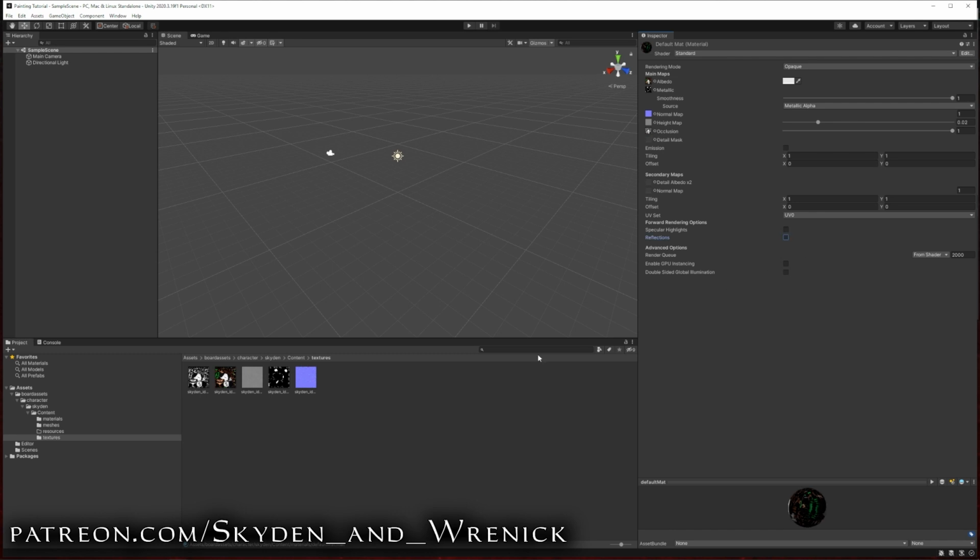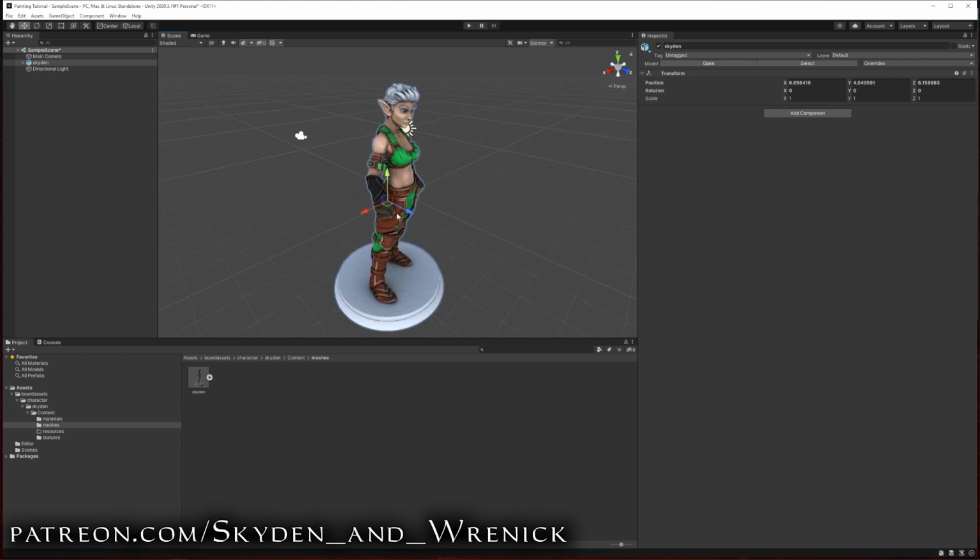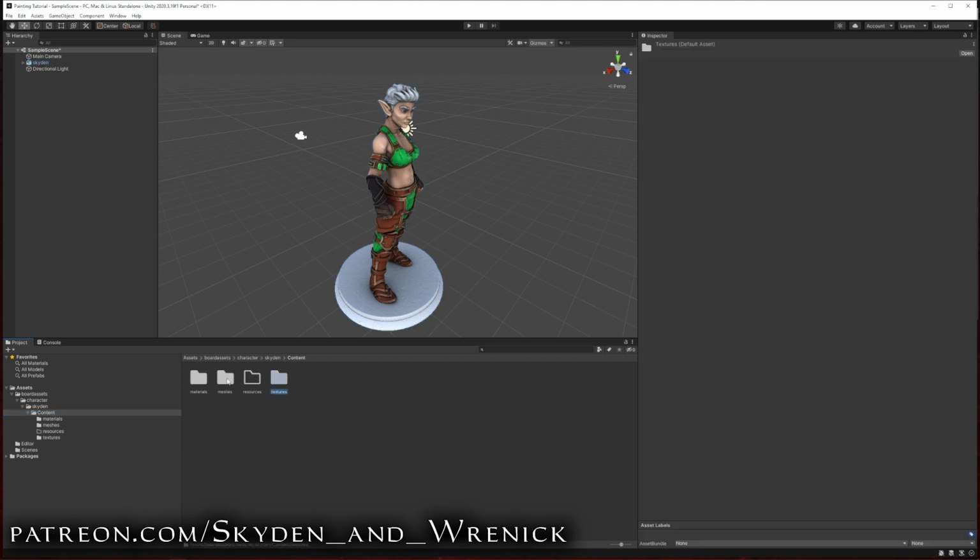The next step is if we go to the meshes folder, take our Skyden model, click and drag into the scene, we can see if we scroll in with the mouse wheel and then move horizontally and vertically by holding the middle mouse button, our model now has all the textures applied and is ready for the next step. So what we need to do is go over to the folder view in our project and click on the content folder,